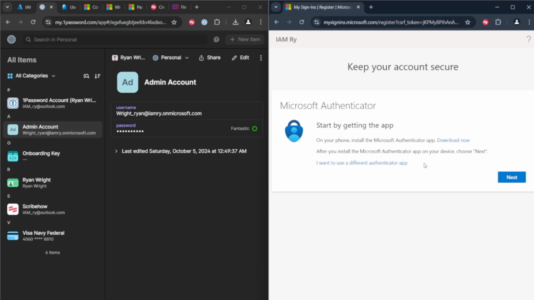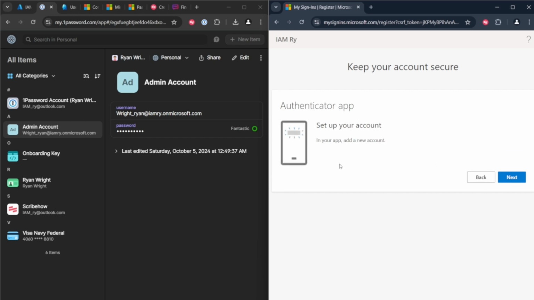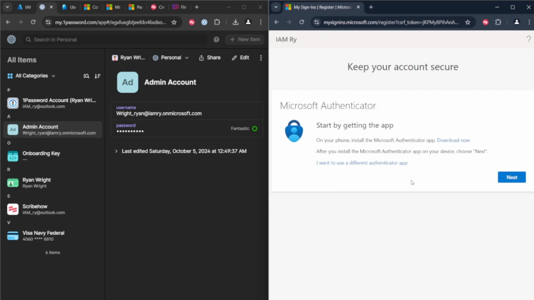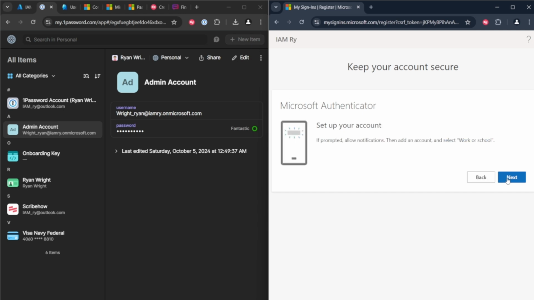So now what's happening is it's requiring us to set up MFA. MFA is multi-factor authentication. You can use the Authenticator app, or we can use a different app. Let's click use a different app just to see what happens. So you go in your app, add new account, and then it should give you a QR code. For the sake of this, we're going to use the Authenticator app. You can download this from your App Store or your Play Store, depending on if you're on Apple or Android. So you're going to go ahead and click Next, set up your account,